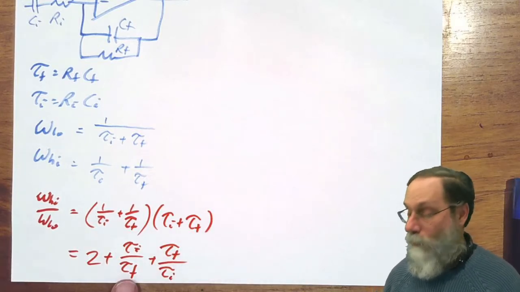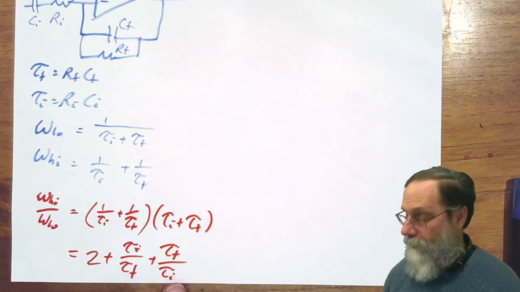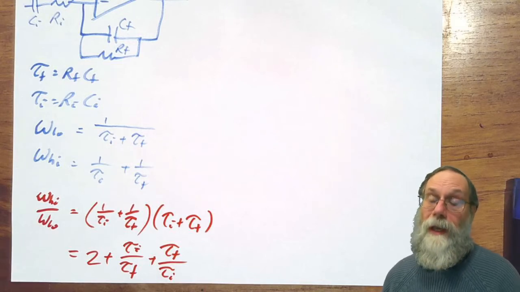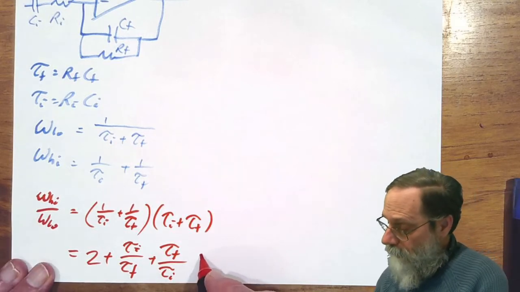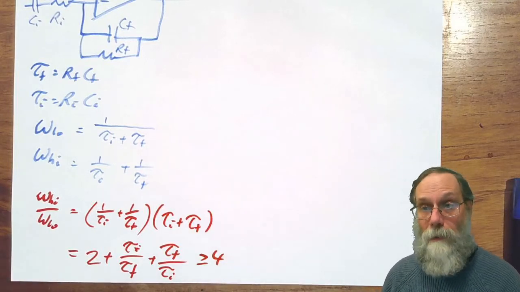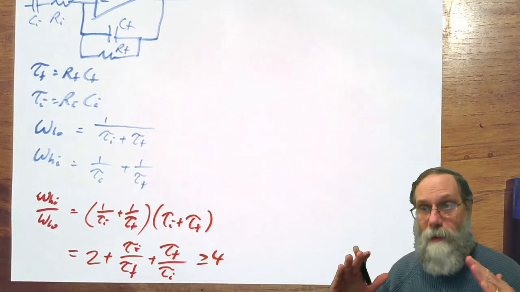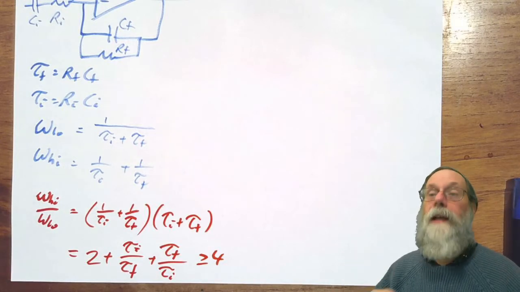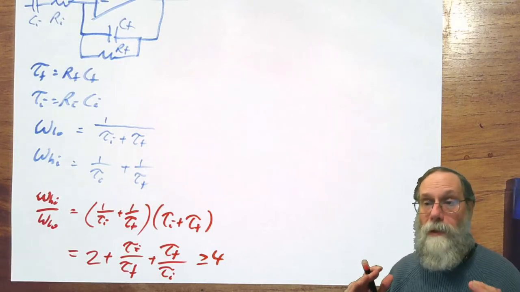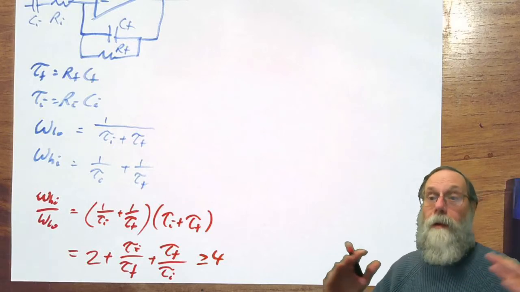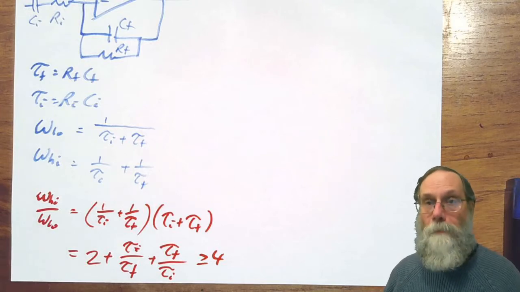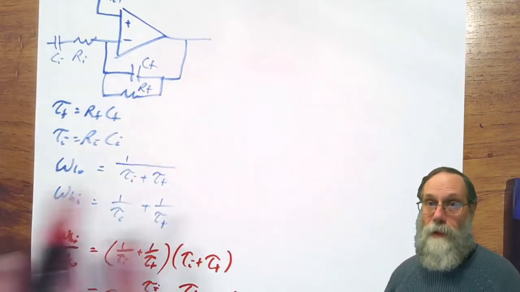So that's a ratio. Let's call it x, and 1 over that ratio, 1 over x. And x plus 1 over x is minimized when x is 1. So this thing's always going to be at least 4. And it's going to be minimized when the two time constants are the same. So that's telling us that the ratio of our two corner frequencies is going to be a ratio of at least 4. And that's the smallest we can possibly get it. That's if we make both time constants the same. If we make the time constants different, corner frequencies just move farther apart. And so we can't get a very narrow bandwidth out of this filter design.